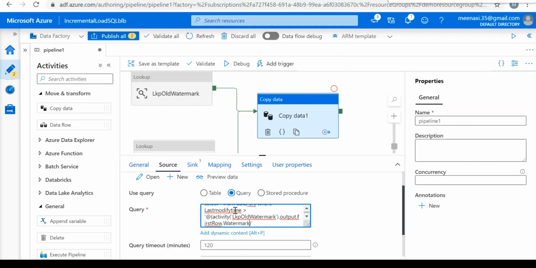Watermark value, the column name. And the last modified time less than or equal to